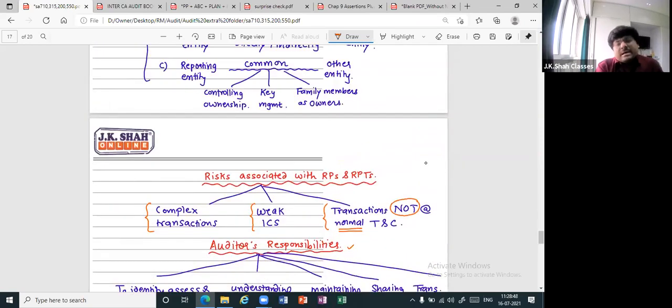Think and answer. What do you think is an arm's length transaction? It is a transaction where ultimately there is influence or no influence? No influence. For there to be a transaction, can I say there have to be two parties? Which two parties? Buyer, seller. Achha, say I'm the buyer, you are the seller. Okay, so I am there to buy, you are there to sell.